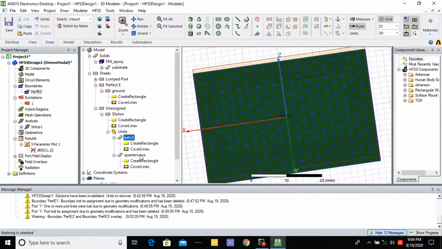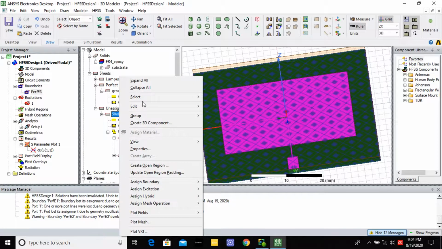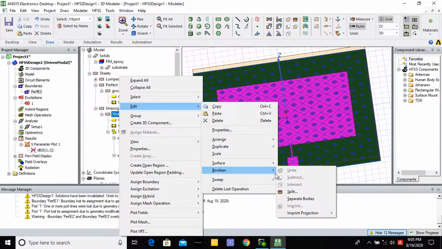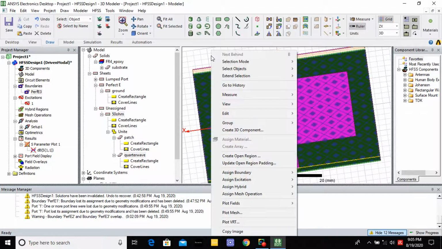It is already united. Wait. Edit boolean, unite.